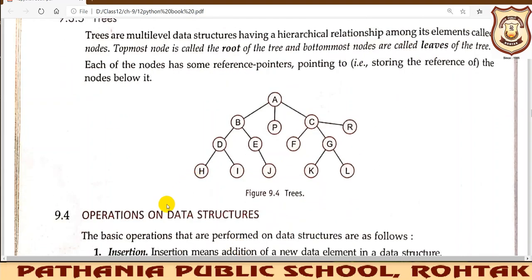If we don't have any extensions further, then those nodes which are lying at the bottom of the tree will be known as leaves. So this is your root node, and H, I, J, K, L are your leaf nodes, and R is also a leaf node. F is also a leaf node, P is also a leaf node, though they are lying at a different level, but further we have not extended them. So these all will be known as your leaf nodes.